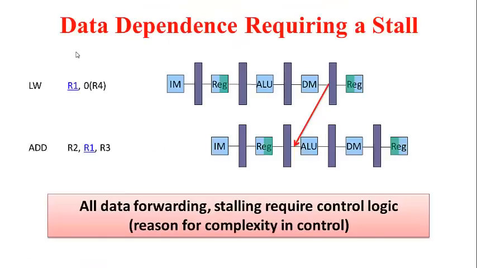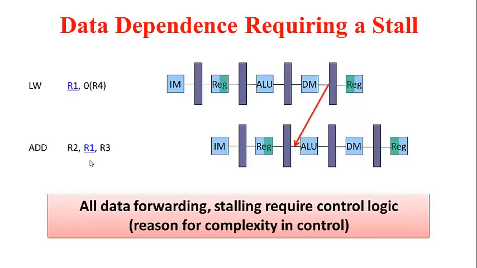Well, it turns out that not all read after write hazards in the MIPS pipeline can be avoided through data forwarding. There is one case which does require a stall. This case is illustrated in this example. Here we are loading the value of R1 in one instruction, and in the very next instruction that value is